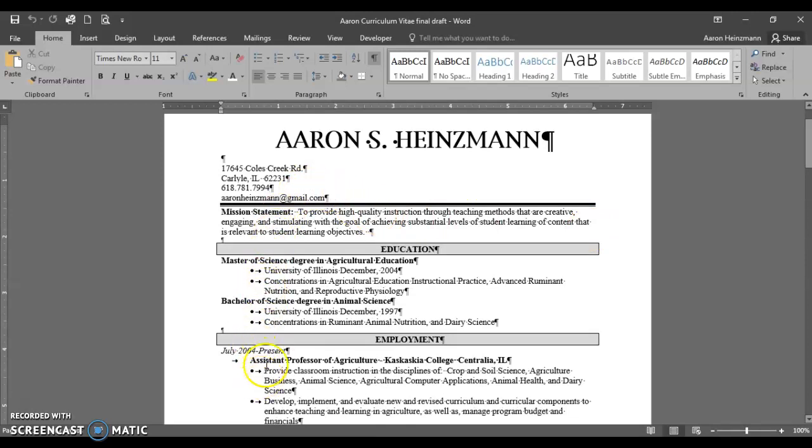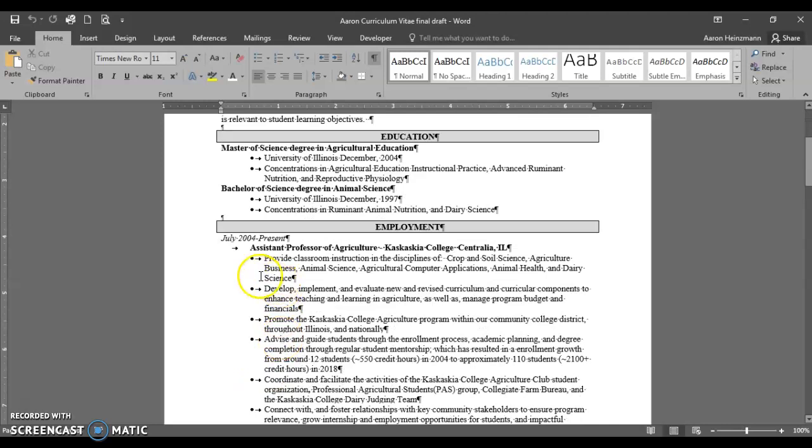I like to use bullet points, and then if you notice my statements down here in my employment area with my current job, these are not sentences. There should not be a paragraph at the end of there. But notice every single starter word is an action word: provide, develop, promote, advise, coordinate, connect, supervise, things of that